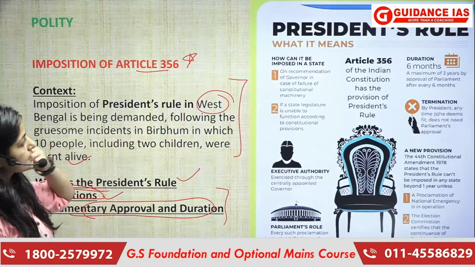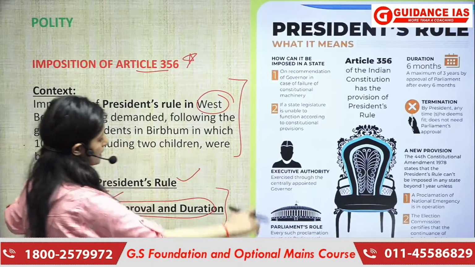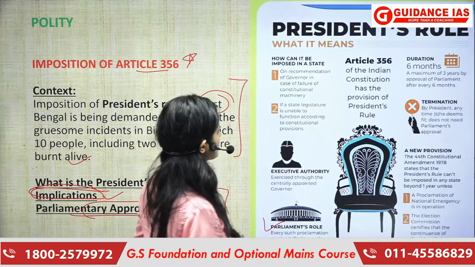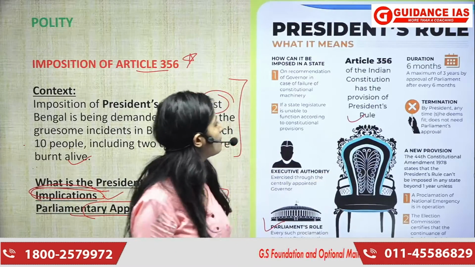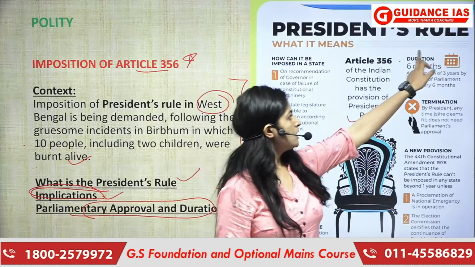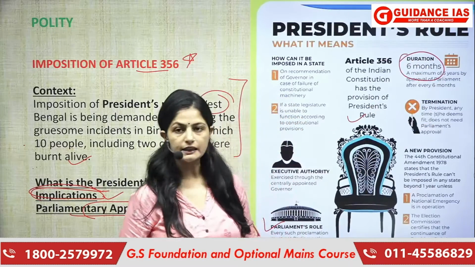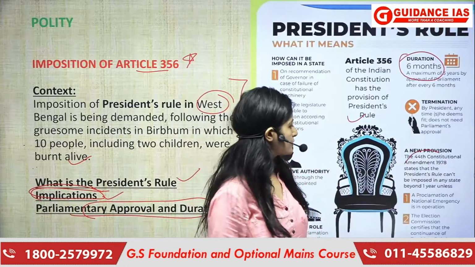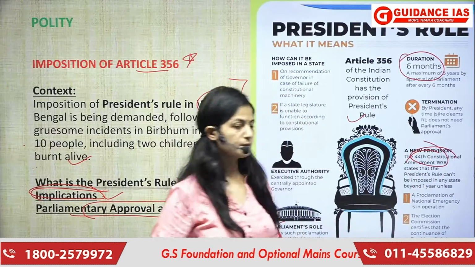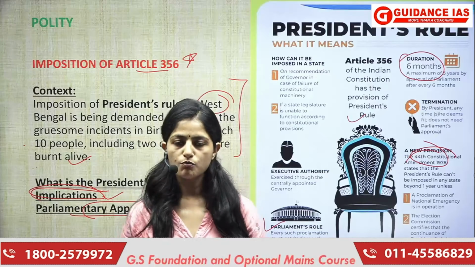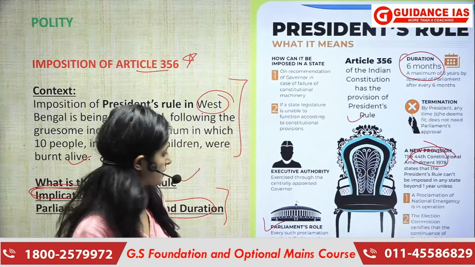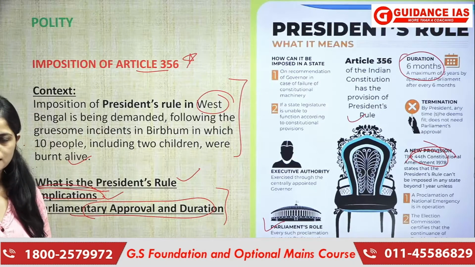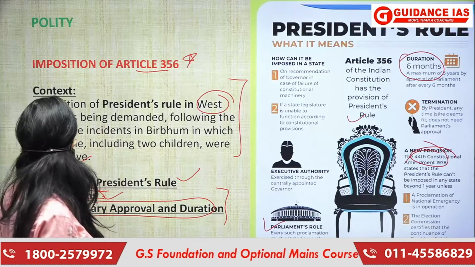If you look at that slide, we've covered almost all the points mentioned here. We've covered what parliamentary approval is needed. We've done Article 356. We've also done that there is a duration of 6 months, and then the maximum could extend to 3 years. And then we've also talked about the 44th Constitutional Amendment Act, wherein it brought it under judicial scrutiny, right? So that was all about imposition of Article 356. I hope it is clear to you. Moving ahead with our next topic.